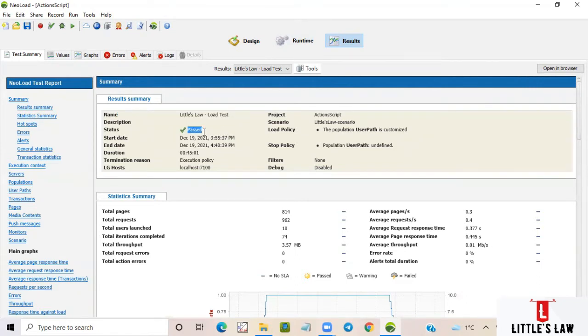and the status of the test, whether it is passed or failed or stopped. So there are various statuses. If you have stopped it in the middle, the status would be stopped. And if there are any failures, then you can see it has failed. Since in this test we have not observed any errors, the status is passed. And also we can see the start date with the time and the end date and the time, and the duration of the test